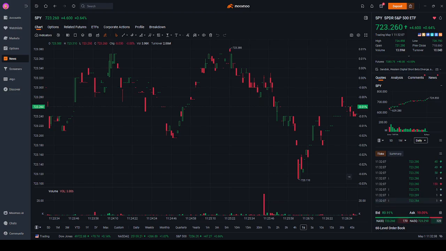In this tutorial, we will walk you through the process of buying options in the Moomoo app. First, you need to download the Moomoo app from your app store and create an account if you haven't already. Once you've set up your account and logged in, you'll find a user-friendly interface that makes navigating through the app